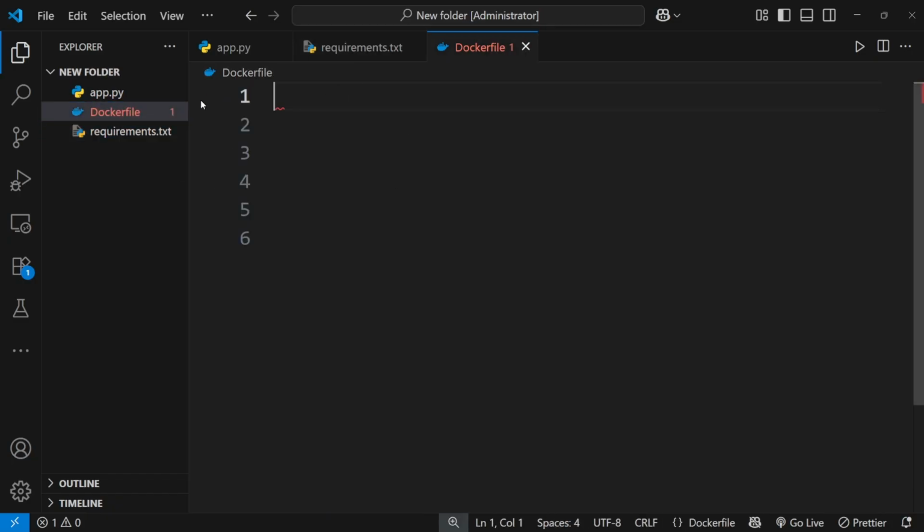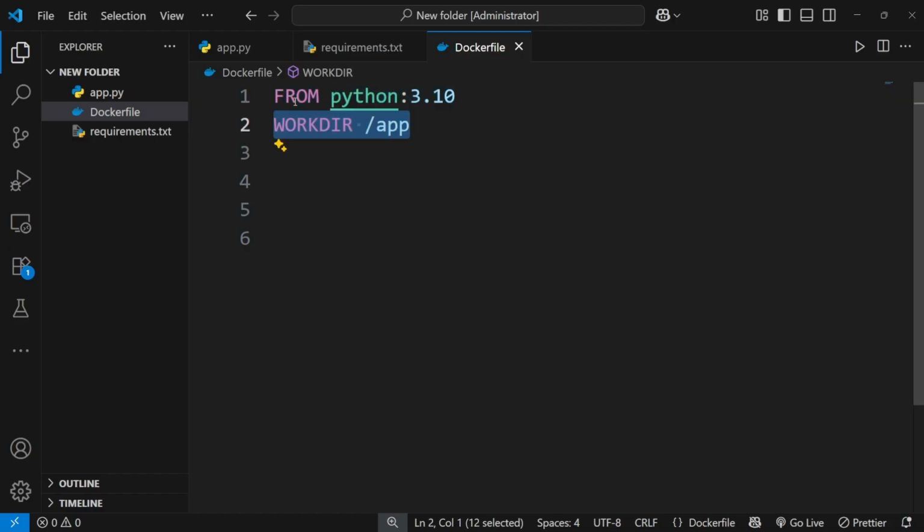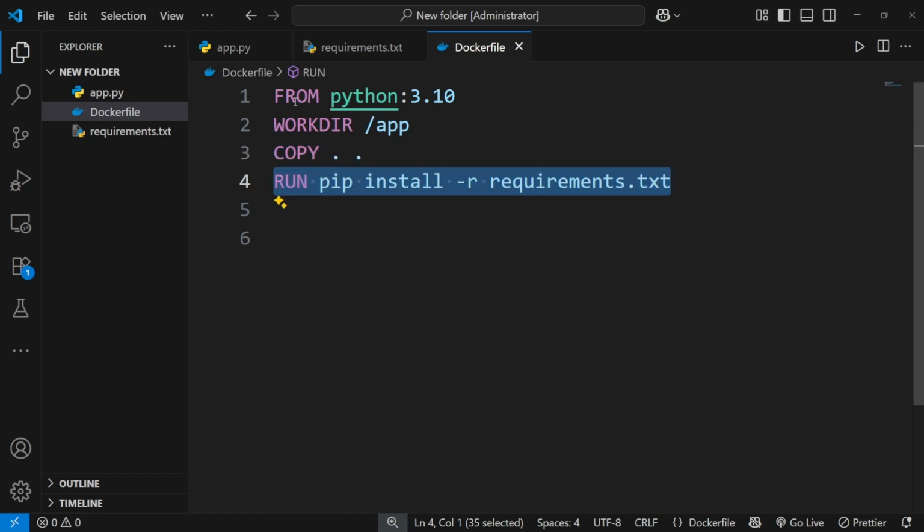Now we have to create a Dockerfile, and make sure the name is the same. Now with a Dockerfile, first we make a base image, then we create a working directory, and then we copy the current file into our work directory, that is /app, and then we run our pip install -r requirement.txt that